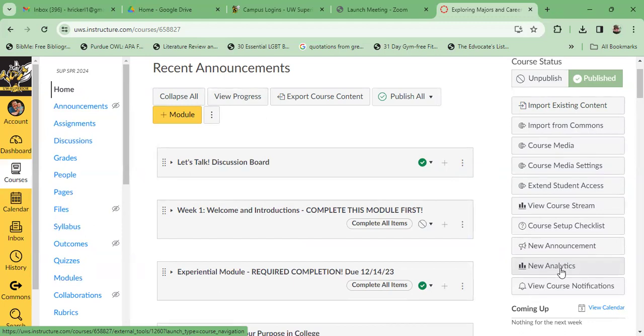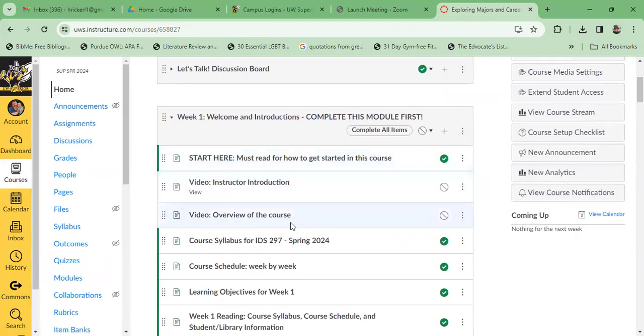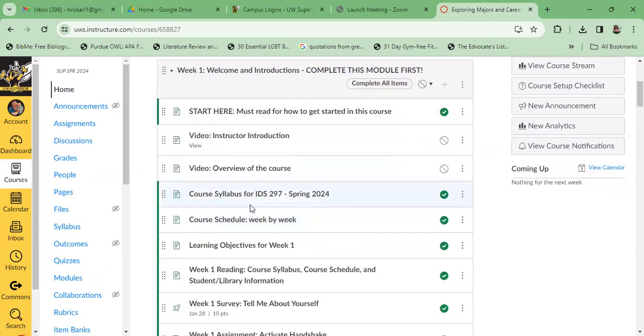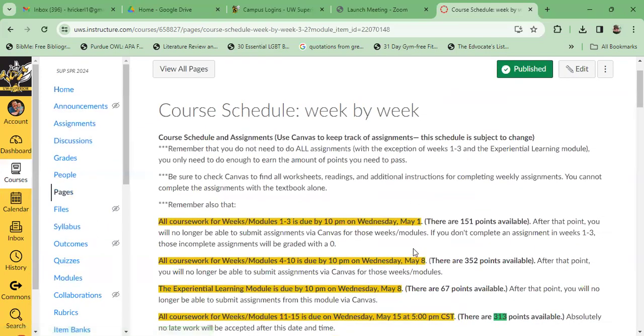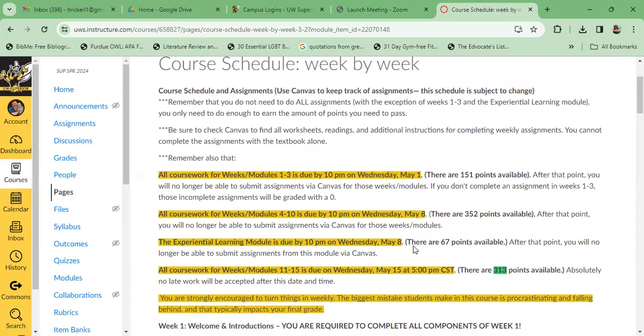And then there are some major deadlines, and I want to show that to you. We'll go into, I think maybe we'll start with the course schedule. That might be easiest. Let it load here. You can see that the deadlines are all at the front, very top here.